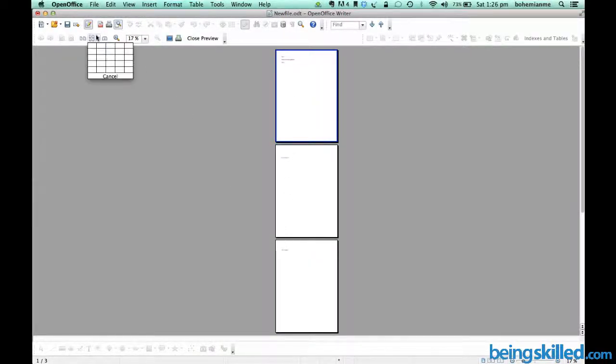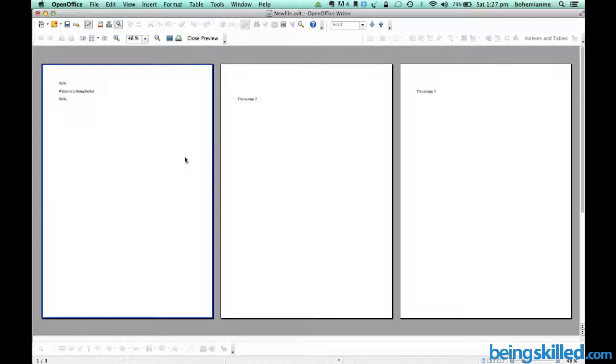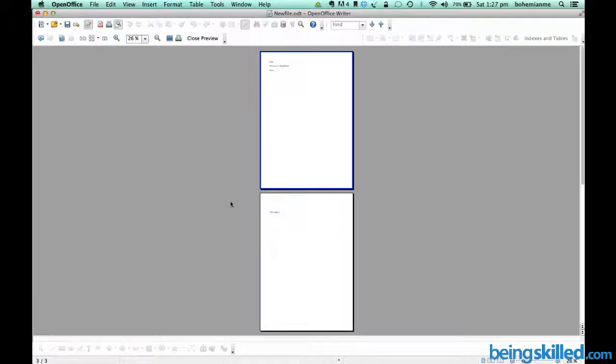Now if you want to see them in a format like 3 columns, what will happen is we will be shown in this form. So it's up to you how you want to see it, or you can also click on the down arrow to select how you want the print preview to be presented to you. So let's say you want it in this format, then here we are. So going back to our document,